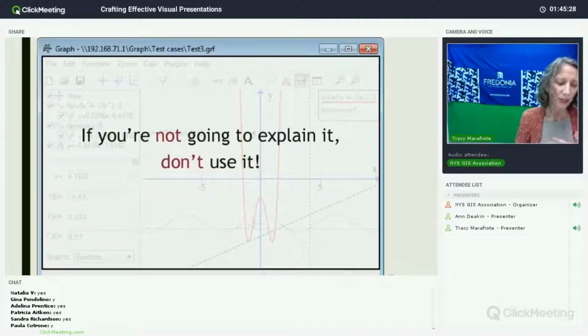It's incredibly distracting. If you're not going to explain its content, if you're not going to talk about why this chart or graph that you're showing is relevant to what it is that you're saying verbally, then get rid of it. Like most of the excess text we discussed earlier in those slides, you don't want to have your audience choosing whether to look at your slide and this chart or this graph and trying to figure out how it connects to what you're saying, or choosing whether to listen to you. Those two things should go together and should enhance each other.